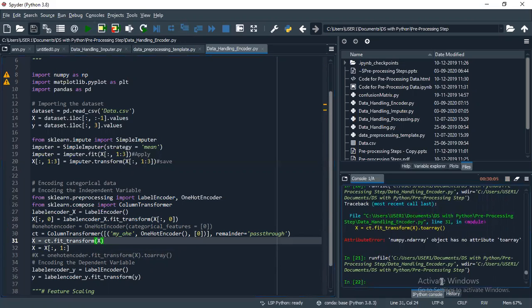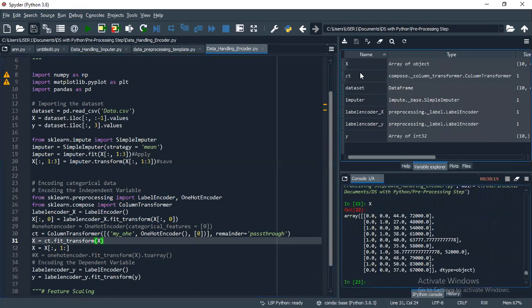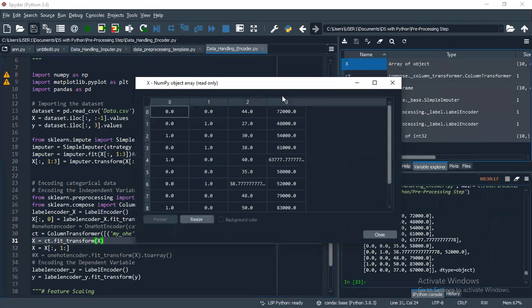See, it just converted with the label encoder and one hot encoder. Let me open X here. See, it's converted with the label encoder and one hot encoder like this.